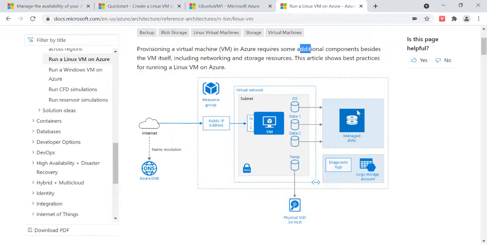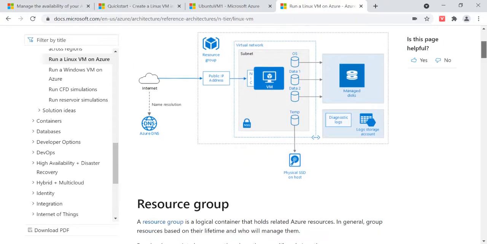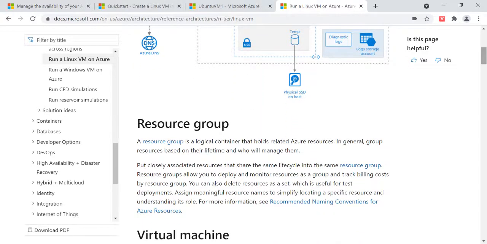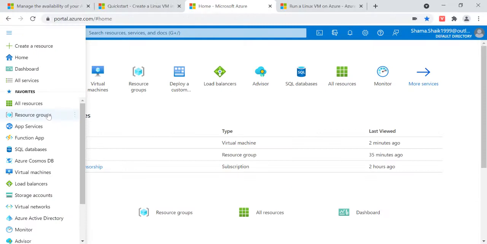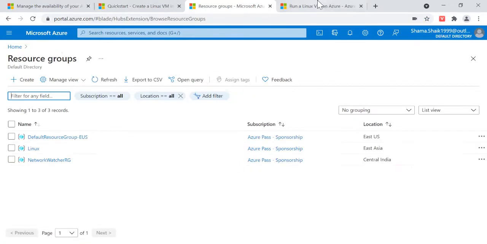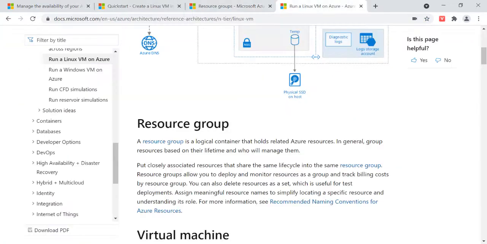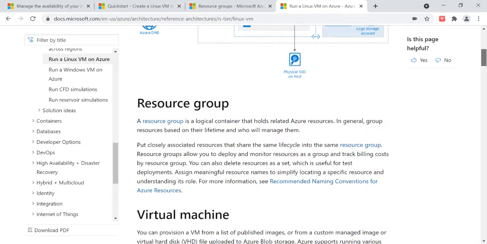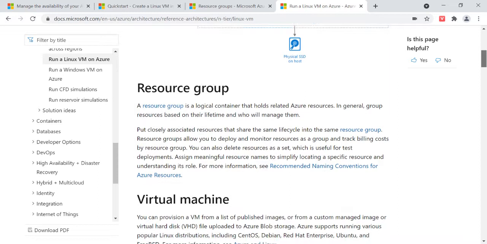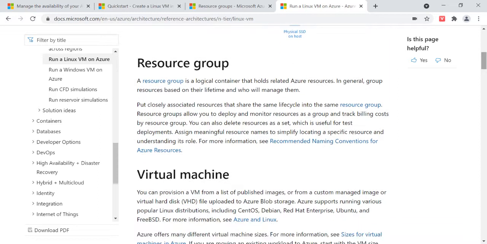This is the article where we have to know about things before getting started with creating any Azure resource group or Azure virtual network. First, before creating a virtual network, you have to know about a resource group. A resource group is generally a logical container that holds these Azure resources. For example, if you're creating any virtual machine or any resource under this particular resource group which you have already created, that will make billing easy and help you track your billing cost easily.